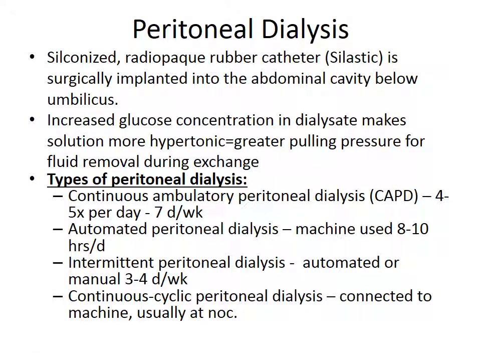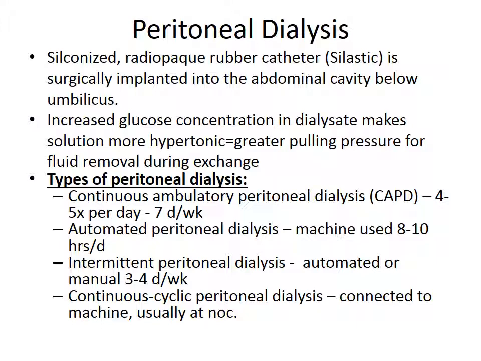Peritoneal dialysis. Peritoneal dialysis is where a siliconized radiopaque rubber catheter is surgically implanted into the abdominal cavity below the umbilicus. This catheter sits in the peritoneal cavity and allows for exchange of dialysate fluid back and forth across the gradient. Increased glucose concentration in the dialysate makes the solution more hypertonic, creating a greater pulling pressure for the fluid removal